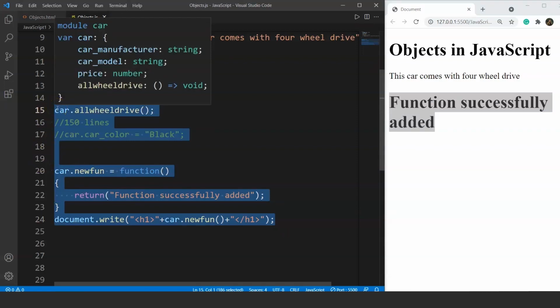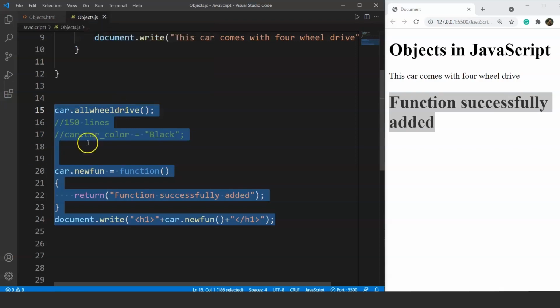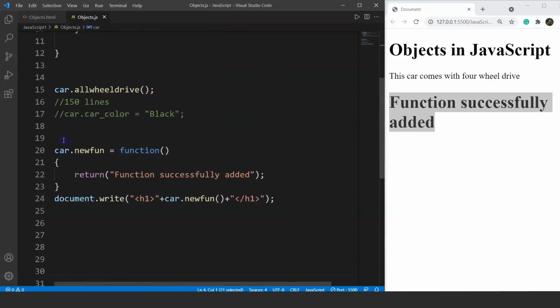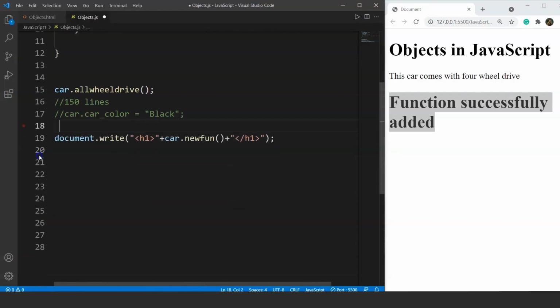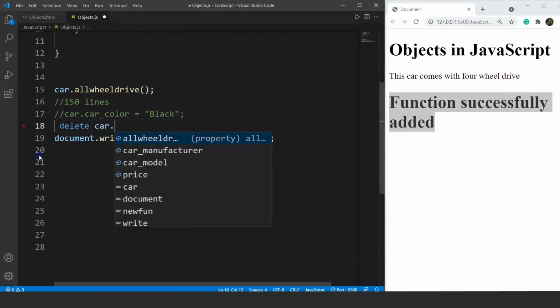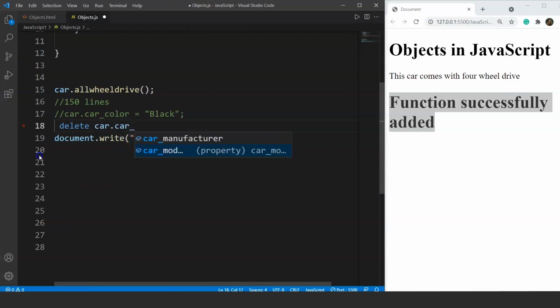What if we want to delete a particular property? So it's pretty easy to do so in JavaScript. We can use the delete keyword, object name and the property name after the dot operator. Let's suppose we want to delete car model here. We want to delete this particular property of the object car. So the syntax for it is quite simple. So we'll remove this for now and we'll delete a property. Let's say we are using the delete keyword with the object name dot method name or the property name. So we'll delete here car model, right?